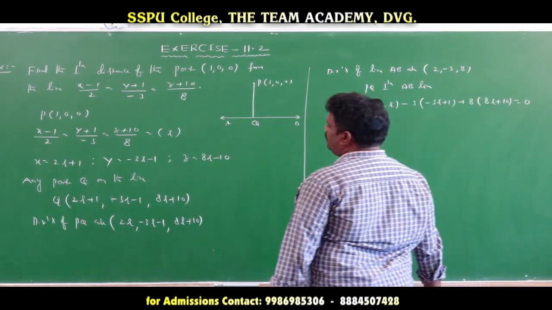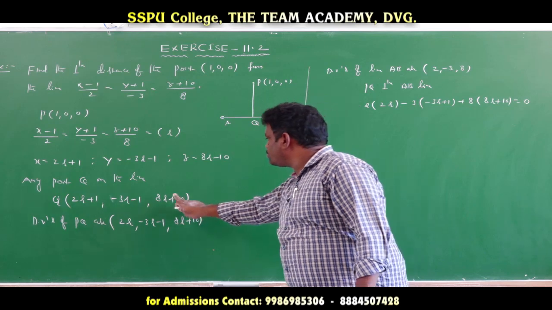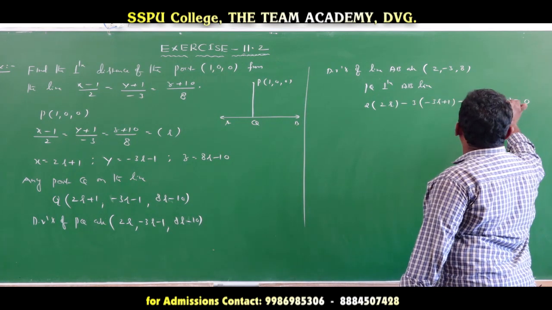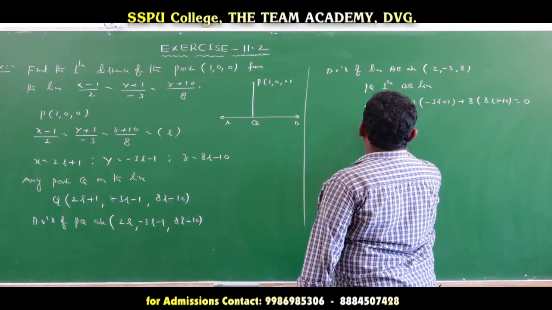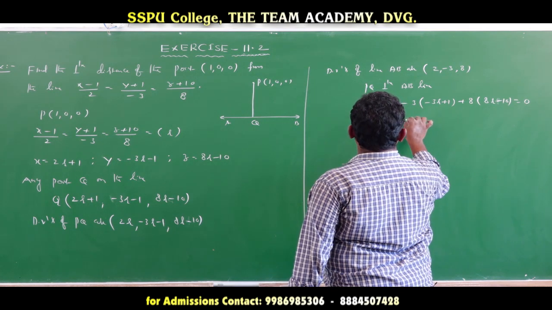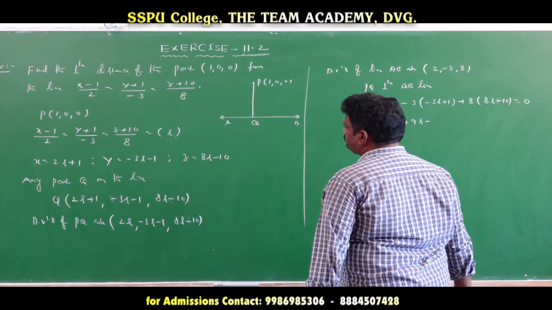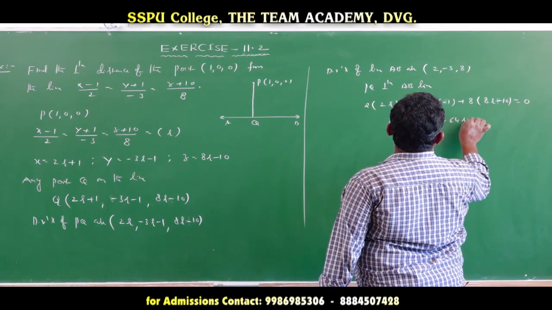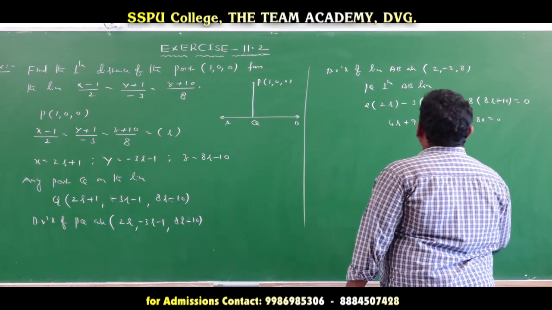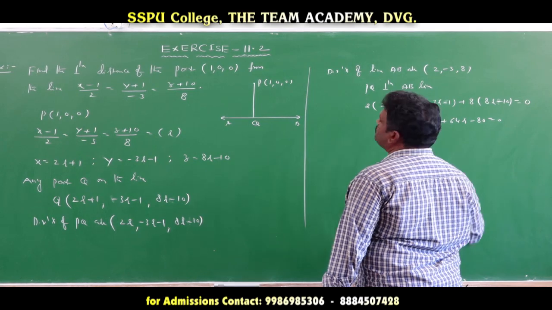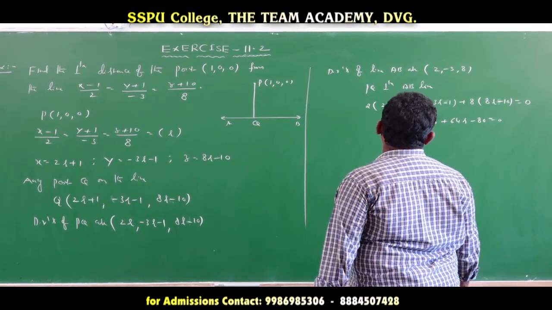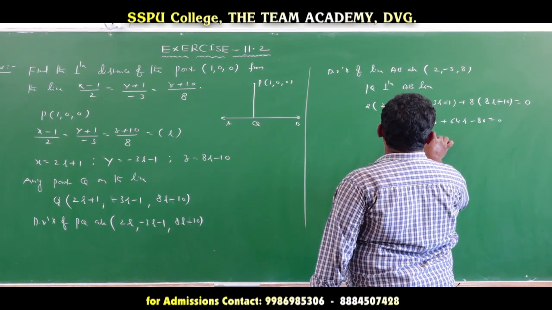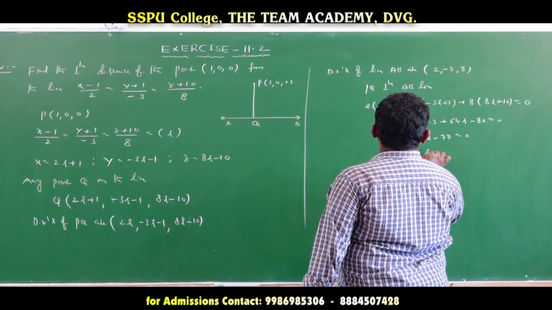Now here, see, it is 8r minus 10. This is the minus 10 value. So we replace this value with minus 10. Now we get 4r plus 9r, and minus into minus gives plus 3, plus 64r minus 80 is equal to 0. Now 4r plus 9r plus 64r is 77r. Then 77r minus 77 is equal to 0, so r is equal to 1.